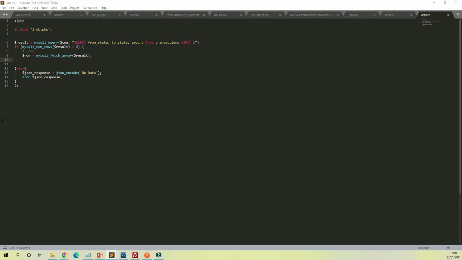So what we want to do again is put these variables into a new array called set. So basically I'm just saying set is an array. It contains three variables: row from state, row to state, and row amount. And the next thing I want to do is something similar to what we did in case there's no value,